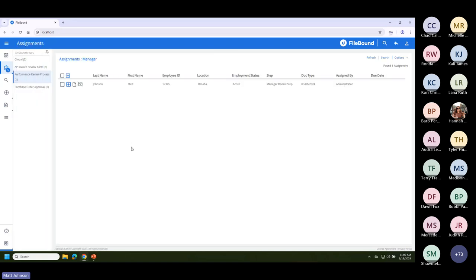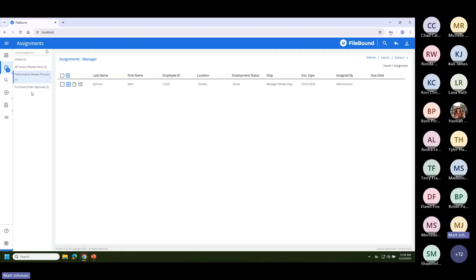As a person that approves invoices, the first place that you'll land really is on your assignments page. This is like an inbox, is what I think of it as, of all the invoices that are assigned to you that you can approve. It could be a situation where these are all of the invoices just for your department. Maybe that's your role. Or maybe there are 3 or 4 of you in that department that have access to the same approval folders, and you pick and choose which ones you're going to approve and go from there. When I click on my assignments panel, which is this icon on the left,